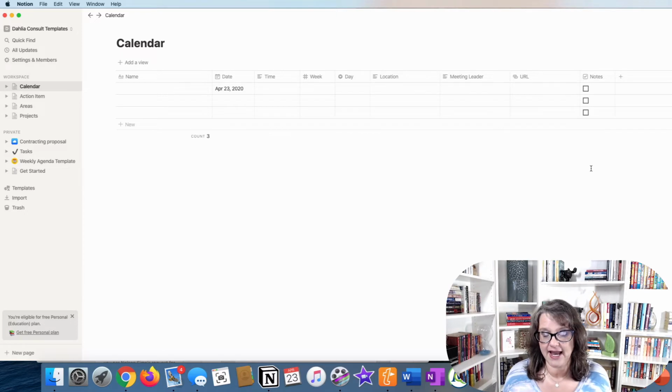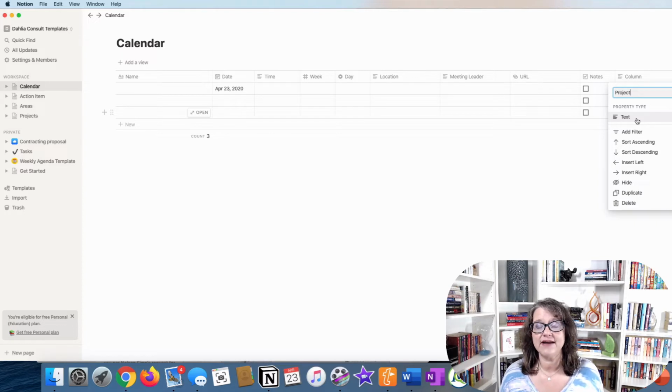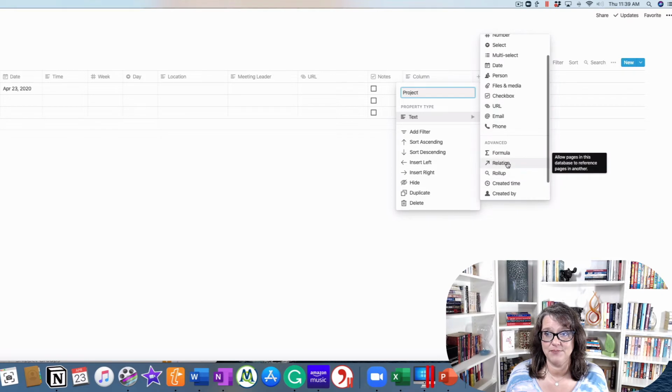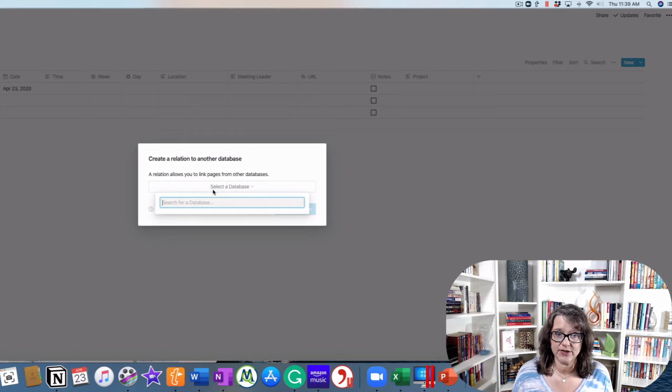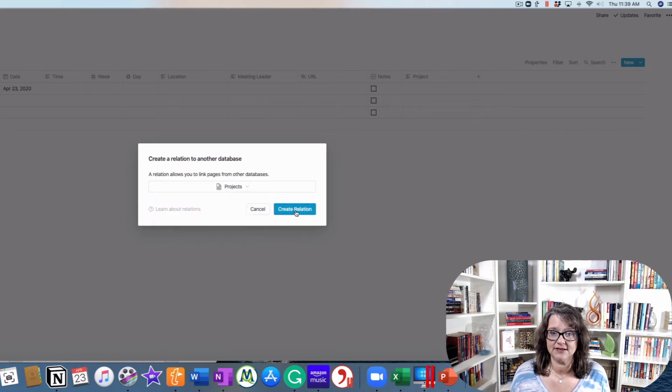Now, the two other fields I add here is a project field. And for a project field, I actually want to be able to create a relationship between this database and my projects database. And what that will let me do is go, oh, I have this meeting today and it's a part of this project. So instead of a text property type, I'm going to actually go to the advanced list and pick relationship. And I've already created a projects database here, and it's right here. So I'm just going to select that and go